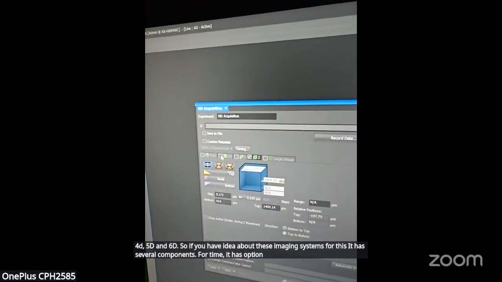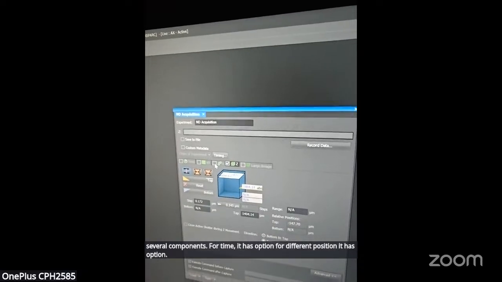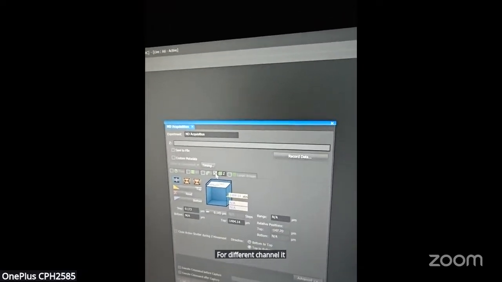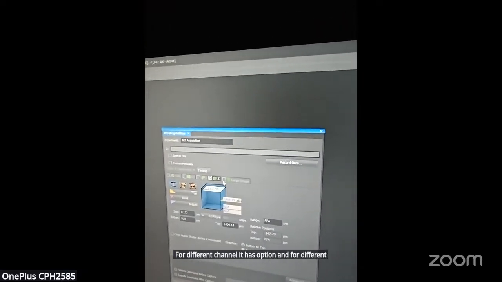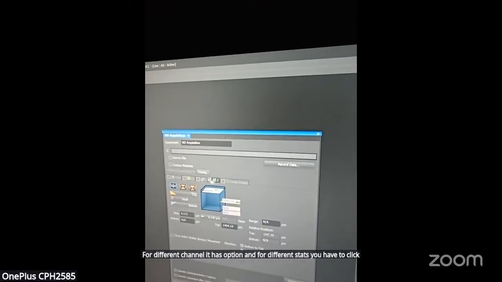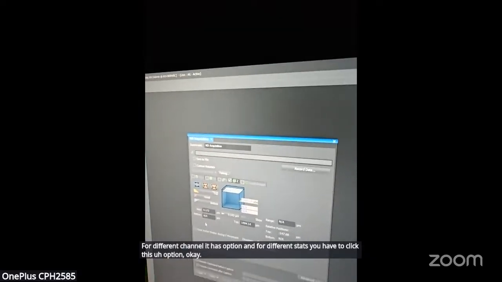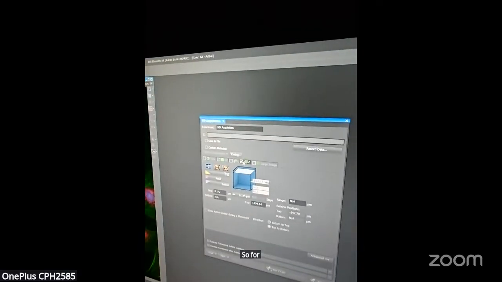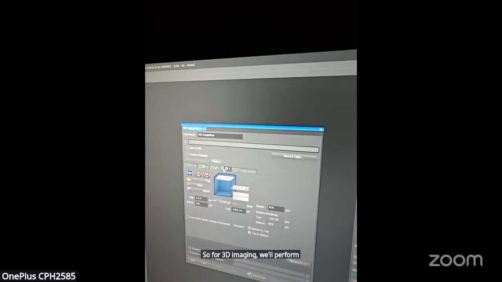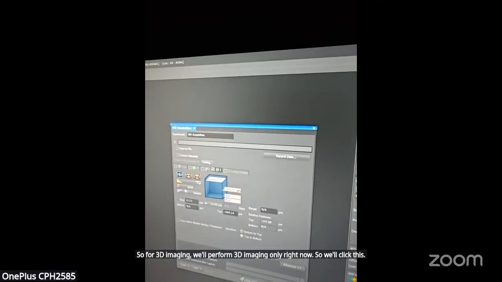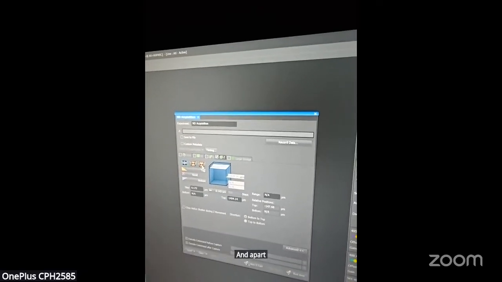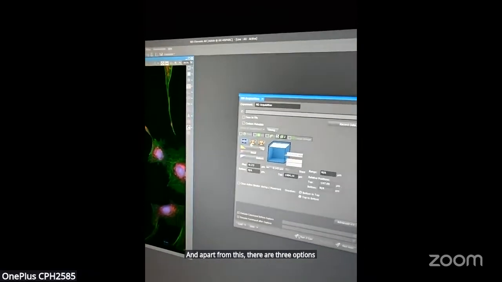For different positions, it has an option. For different channels, it has an option. And for different stacks, you have to click this Z option. For 3D imaging, we'll perform 3D imaging only right now.